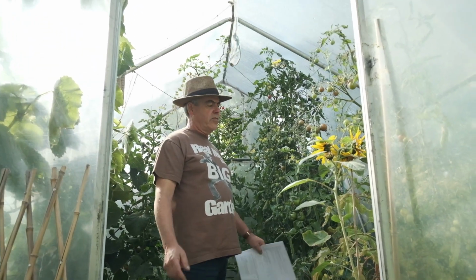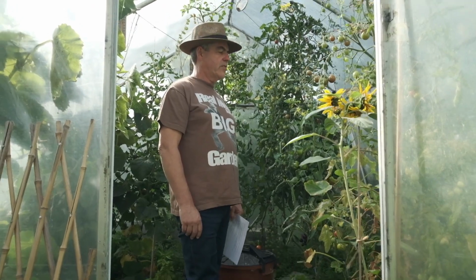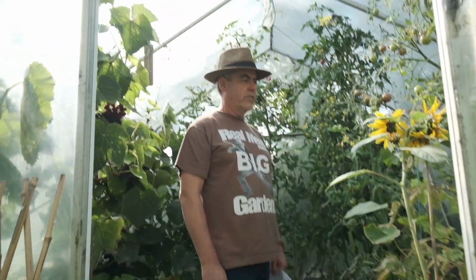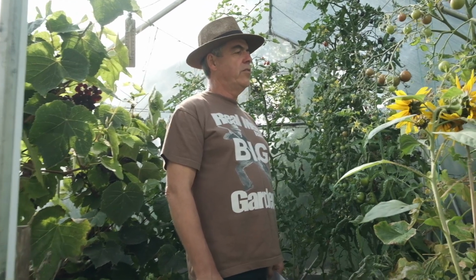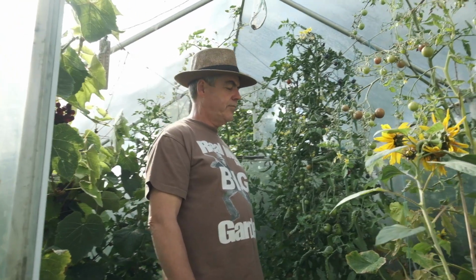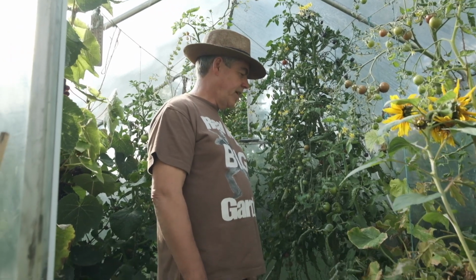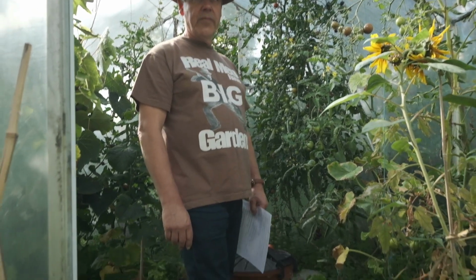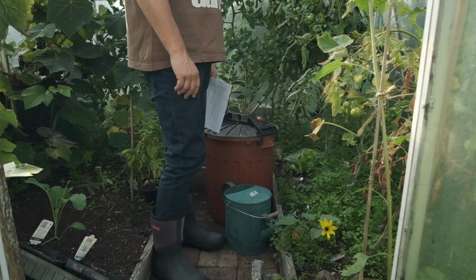So greenhouses come in a variety of sizes, and if you haven't got a large section, just a small one can actually grow a variety of food. So in our greenhouse, I mainly grow sort of heritage or different tomatoes that you don't find in the supermarket, and we grow sweet peppers. I sometimes grow lettuces over winter time, keeps the supply of lettuces. They don't survive very well in frosts, and